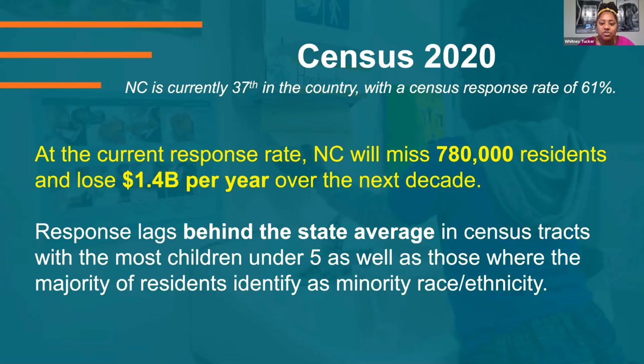Previous census results have shown that children of color, low-income children, and children in immigrant families are all at high risk of being undercounted. And so in our state, those children are also very likely to be under age 5. That's important because in North Carolina, the children who are most likely to be undercounted in the census are also those who stand to suffer the most when vital programs see reductions in their funding based on our state census